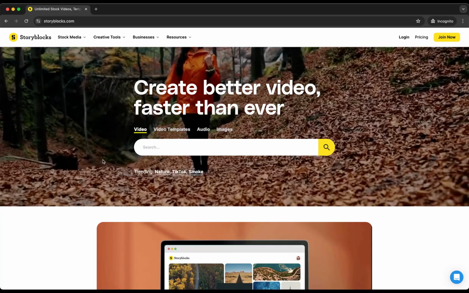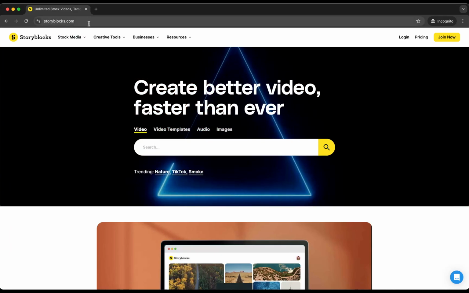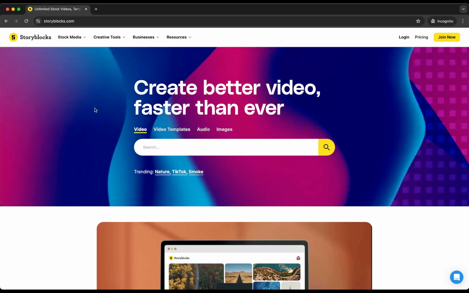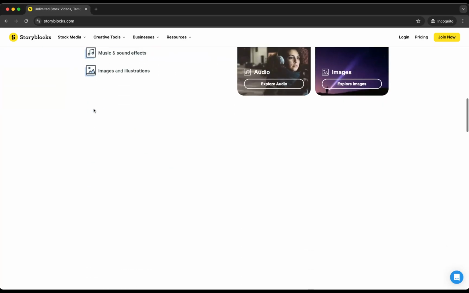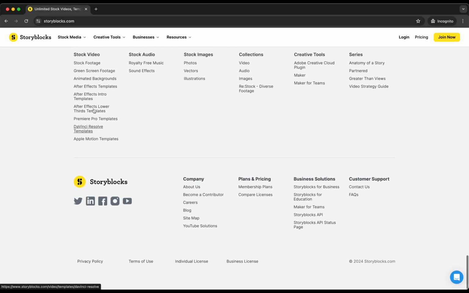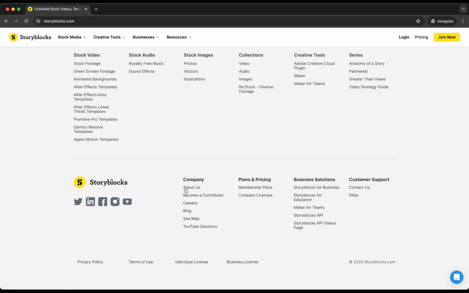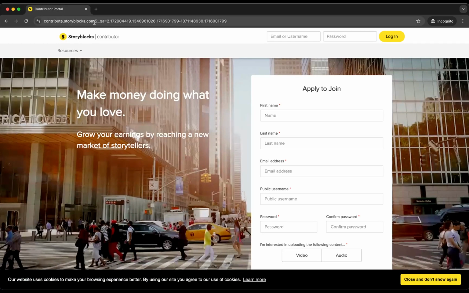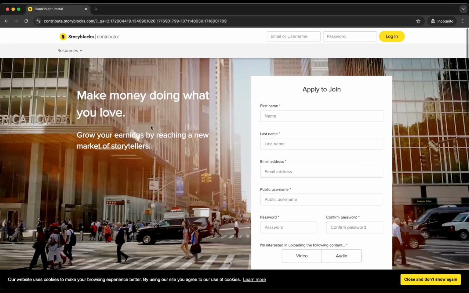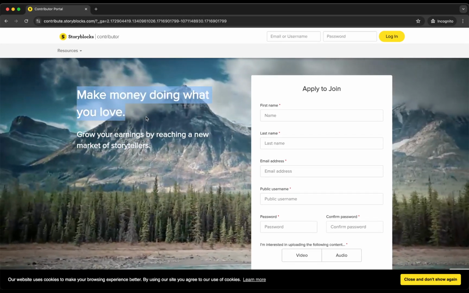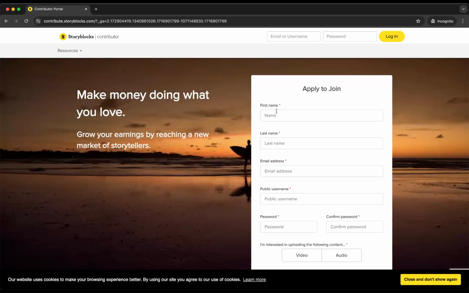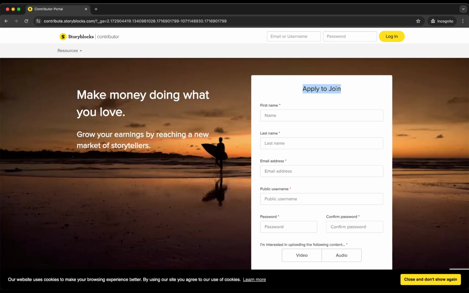Storyblocks. So what you need to do is go to storyblocks.com. This can be either on your PC or on your mobile, and then scroll all the way down until you see right here, company, and then you see become a contributor. So tap on this, and as you can see, contribute to storyblocks.com. And what you see right now, make money doing what you love. Grow your earnings by reaching a new market of storytellers. So you can apply to join